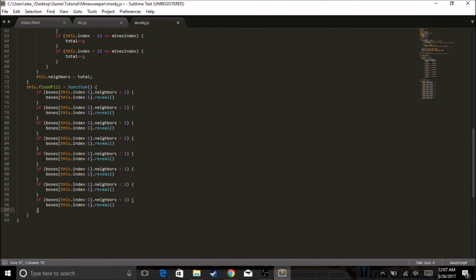This is just a flood fill, so dot neighbors is less than 1, so we're gonna do +1, -1, +10, -10, +11, -11, +9, -9. So what that does is if it's 0 or a B,